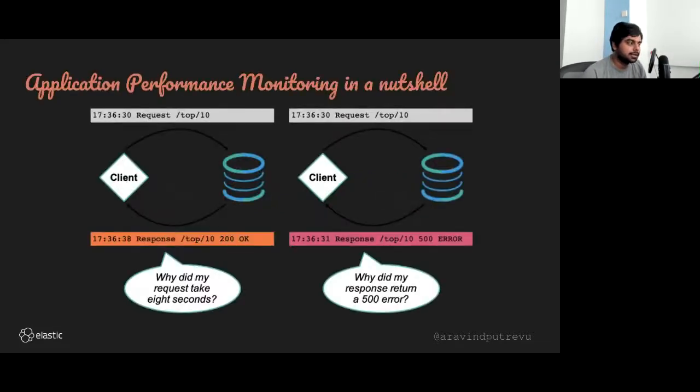If you are very new to this, that's quite common, so I just want to cover some basics here. Application performance monitoring, in a nutshell, is helpful for looking at these sorts of things. For example, if you have a client and a server, and you send a request to the server, and the server responds in a certain amount of time, you might want to know why it took this much time. As a developer, you might want to understand why it is happening that way. So that is one way to look at things.